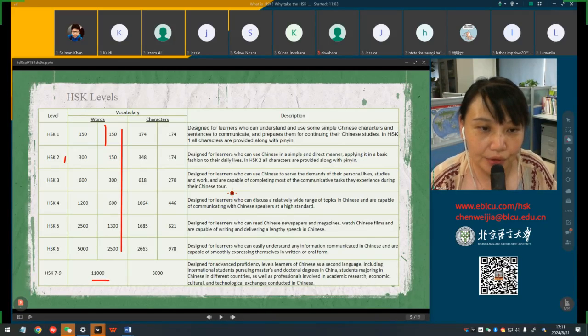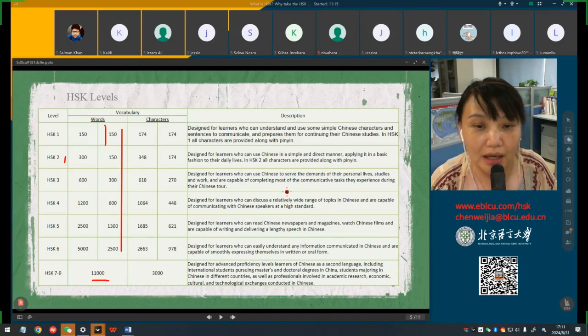So that level is designed for learners who can use Chinese to serve the demands of their personal lives, studies, and work, and are capable of completing most of the communicative tasks they experience during their Chinese tour. So this is a level for daily use, daily Chinese usage. And HSK 4